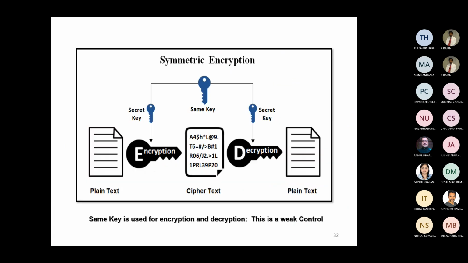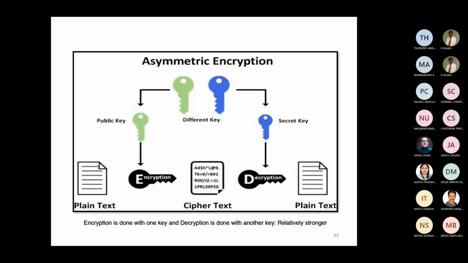So that is where symmetric and asymmetric encryption would be used. Now, asymmetric encryption is much stronger than symmetric encryption because symmetric encryption uses the same key. When the key which is used for encryption is inadvertently made available to somebody who is not a part of the network, then using the same key, the person can decrypt and still steal the information. On the contrary, asymmetric encryption is one where there is one key used for encryption and there is a secret key which is used for decryption. The secret key will always be available with the recipient, and so you will ensure that information confidentiality is also protected, information integrity is also protected.